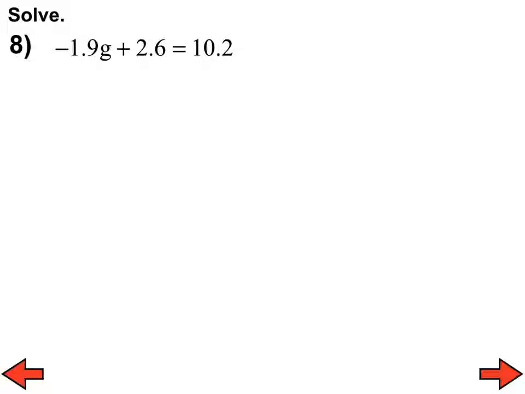Number 8. You don't have to do this one, but who can tell me what those 2 steps are? Arilissa, tell me what those 2 steps are. Subtract 2.6 from both sides, and then what's the second step? So we got rid of this number. What else do we need to get rid of? We don't want to get rid of the variable. That's what we want to keep. Get rid of constant, get rid of